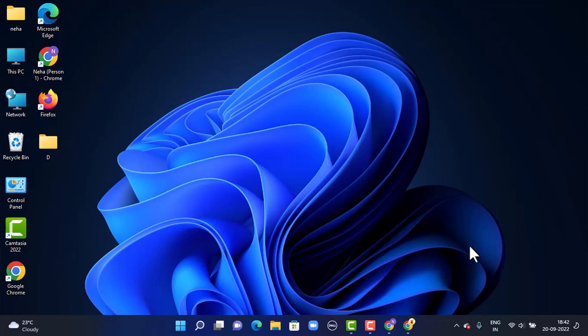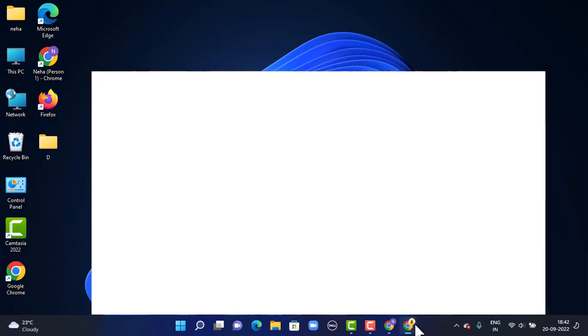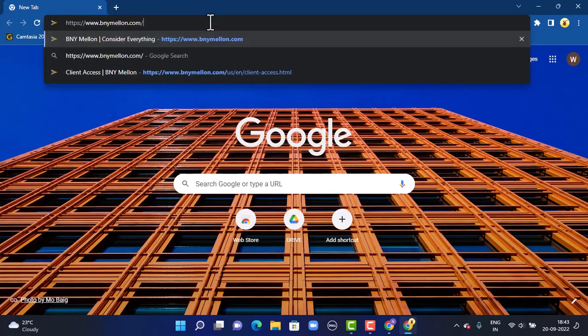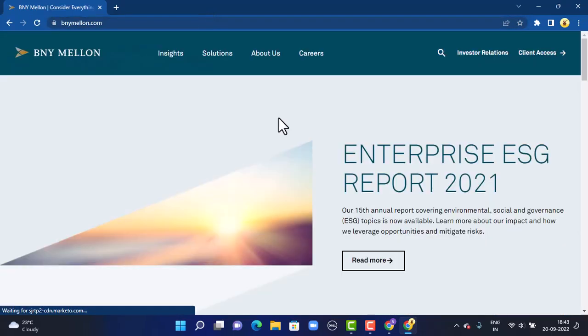Firstly, you'll have to open up your web browser. You can use any web browser that is convenient for you. As you open up your web browser, there's a search box, so then type in the link that is www.bnymellon.com. You can also find the link in my description box below. On the next page, you will be directed to the official site,